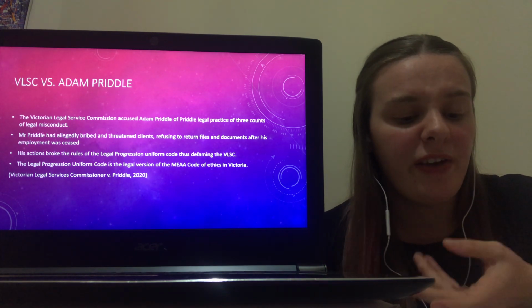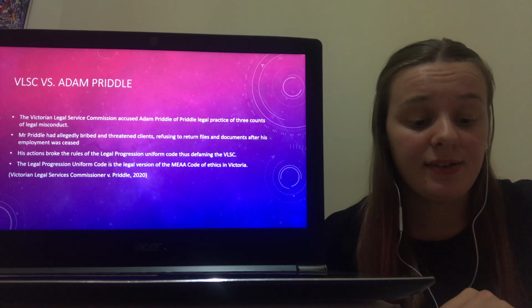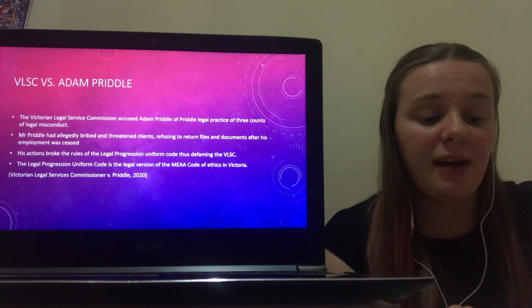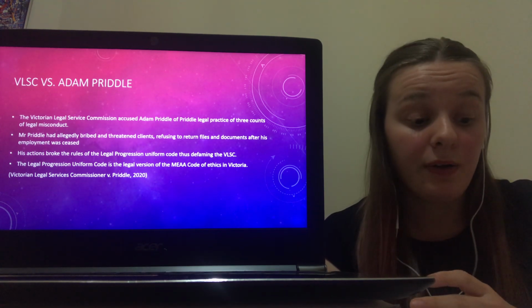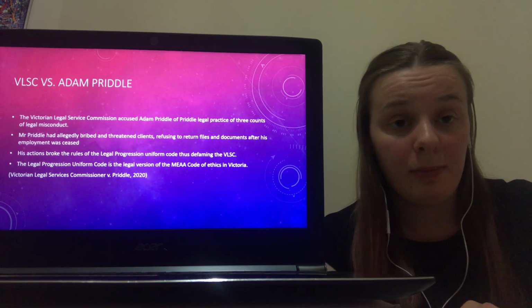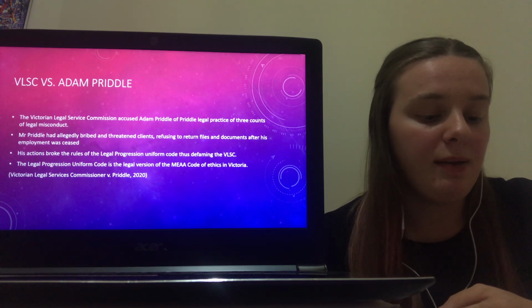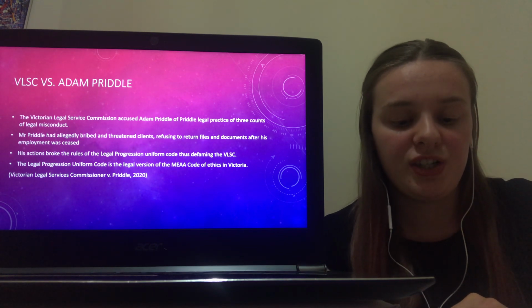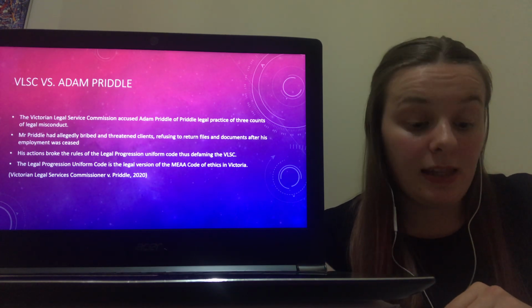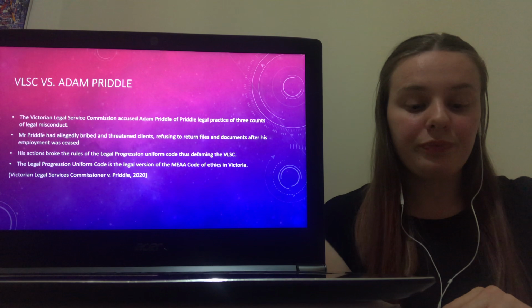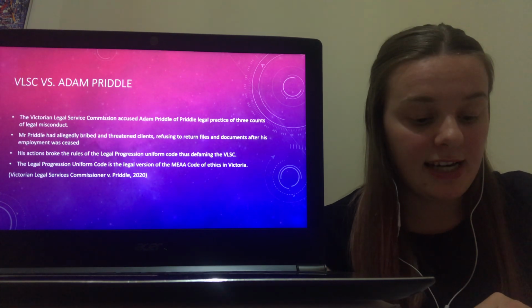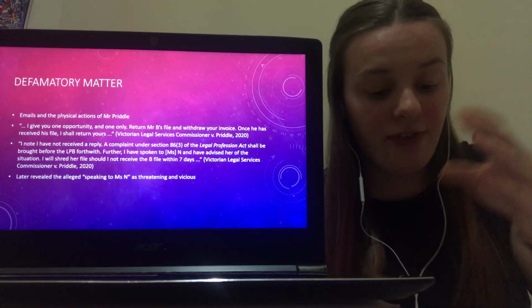In a brief summary, the VLSC was charging Mr. Priddle with 3 counts of legal misconduct after he had been found not returning documents and files to clients after his employment with them had ceased, and further, he was found threatening these clients, which is breaking parts of the Legal Profession Uniform Code. So looking at the 3 steps here in this case, the defamatory matter is a little